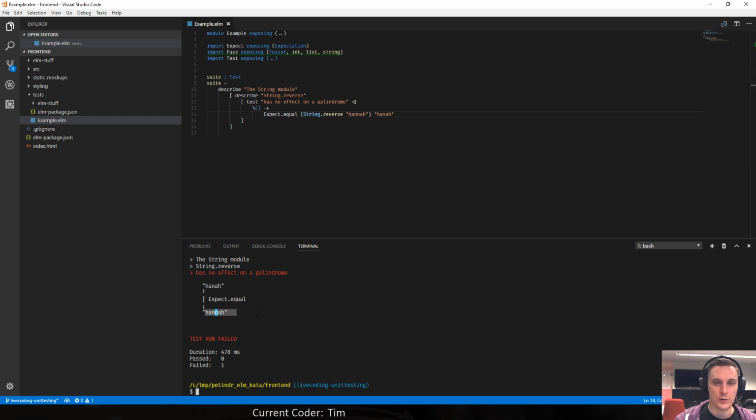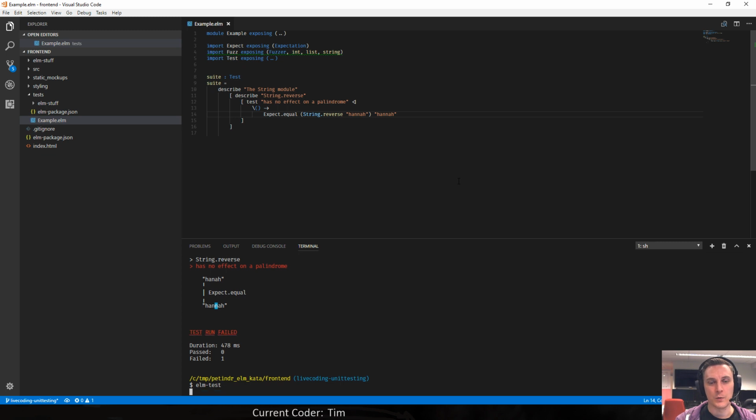So this is not a cursor or anything, it's just marked. This thing is incorrect. So in this case, string.reverse has been implemented correctly, I assume. So we should just fix our expectation, just like that, and then run the test again and see that it runs again.